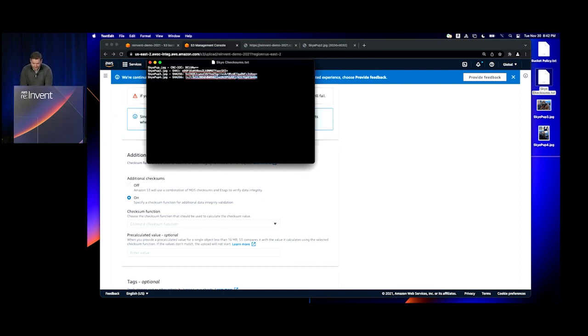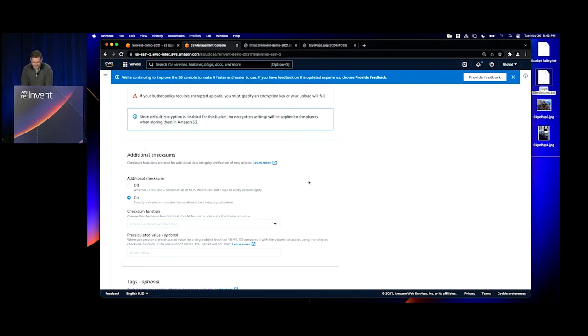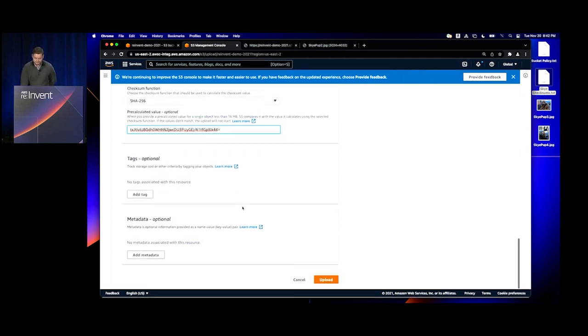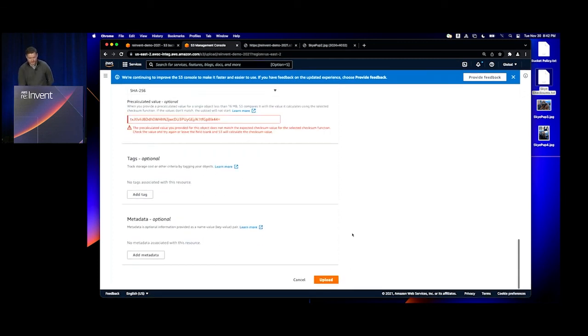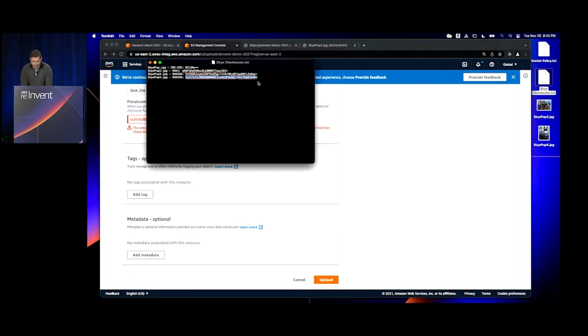Okay, so I'm going to copy in actually the wrong value here first to see what happens if I give a checksum that won't match. And when I click on Upload, you can see that very quickly it's telling me the pre-calculated value that I provided for this object doesn't match the data that it was calculated on the S3 server. Great. So now I'll copy in the correct checksum,